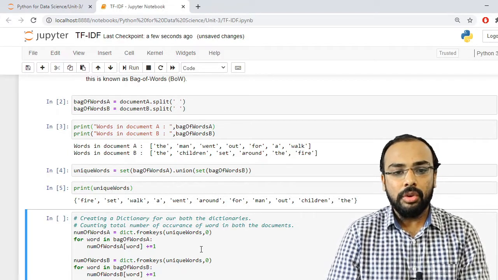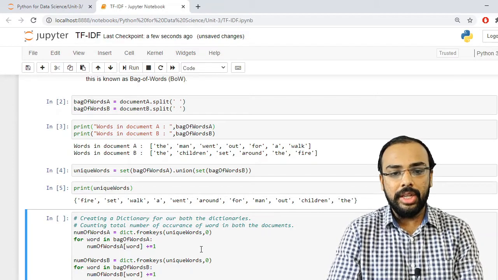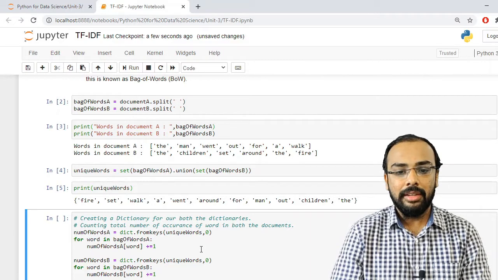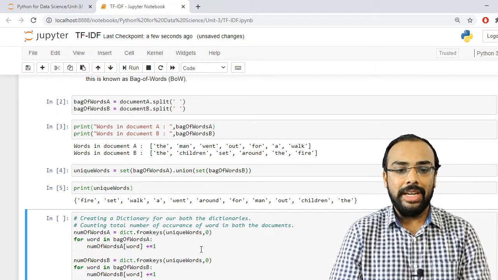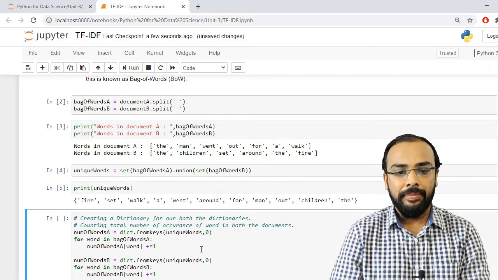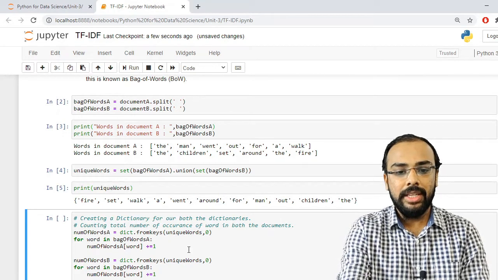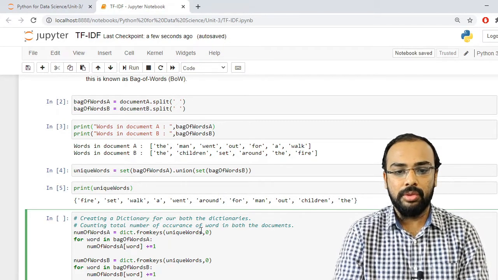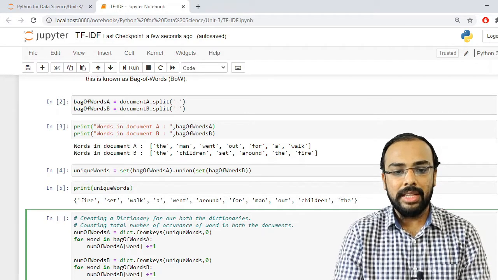Now what we have to do is create a dictionary for both the documents. So how can we create this? We have keys, so let us create a dictionary. There is a function which is named fromkeys. That means it is asking for keys.